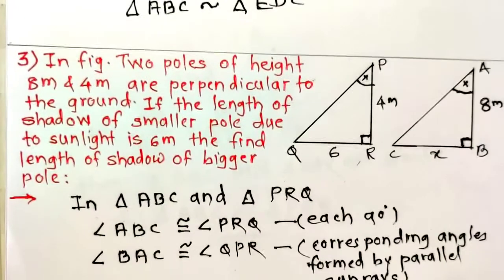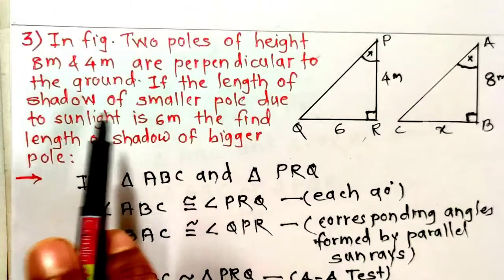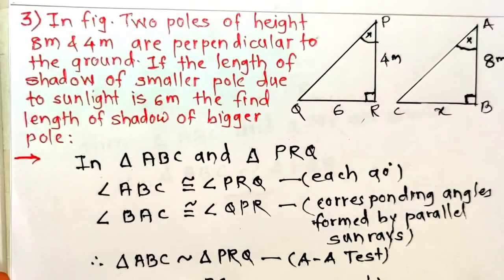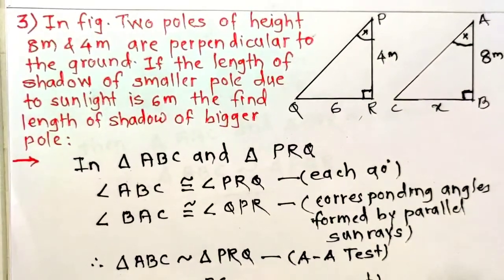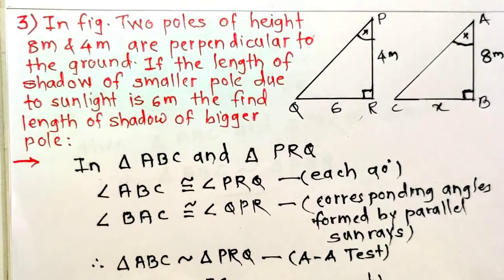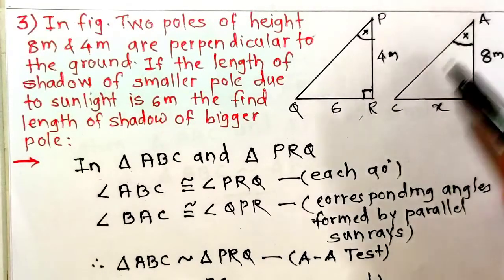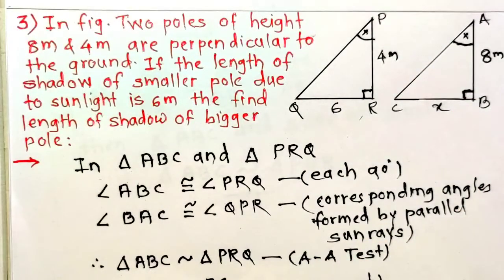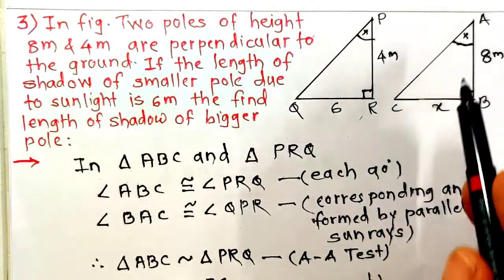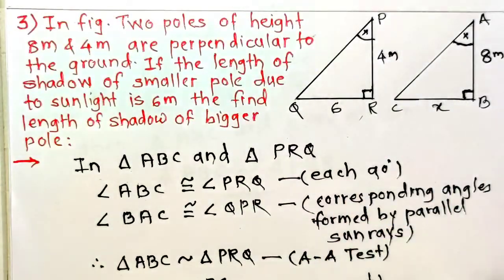So see the sum again. Here that is the question. Figures are given. Now show that the triangles are similar by AA test, because both poles are perpendicular to the ground. That means one pair of corresponding angles is congruent, B and R. Now these shadows are formed because of the sunlight. That means sun rays AC and PQ are the sun rays, and sun rays are parallel to each other, and when two lines are perpendicular to the ground, these are also parallel to each other. Therefore A and P, this is the pair of corresponding angles formed by the sun rays.